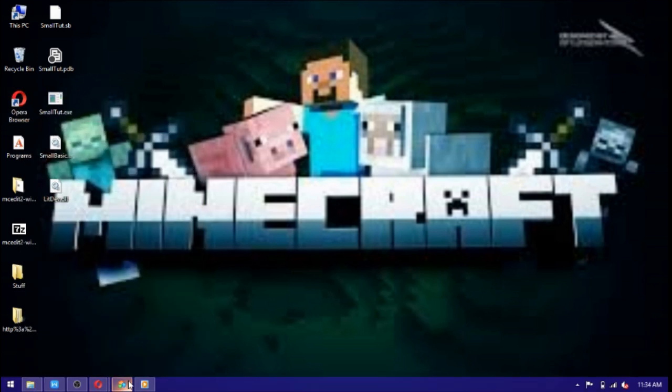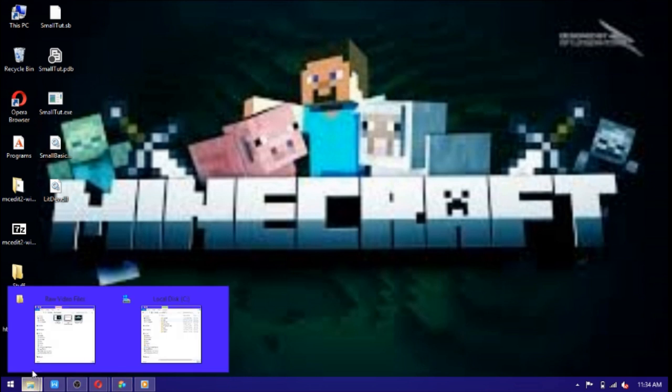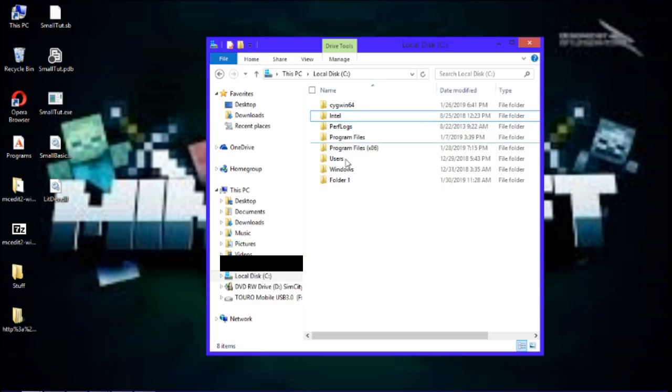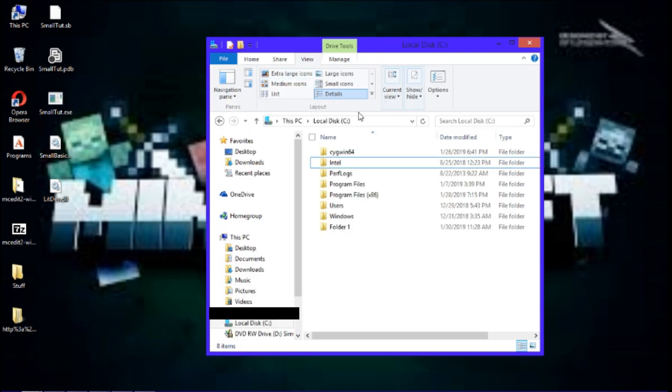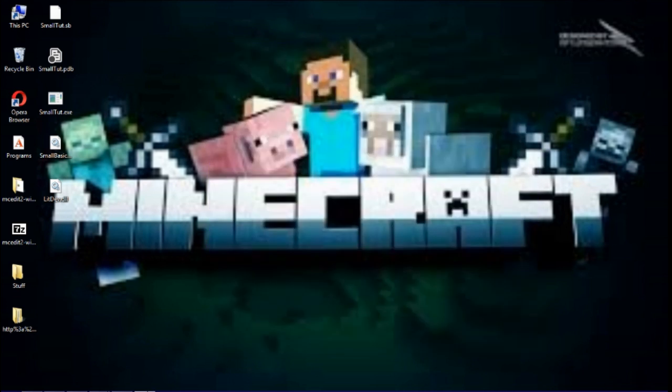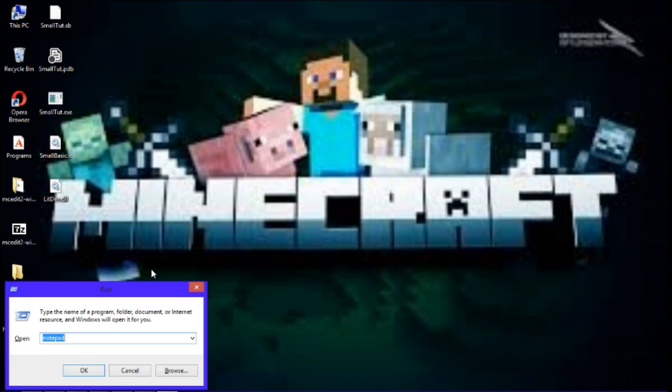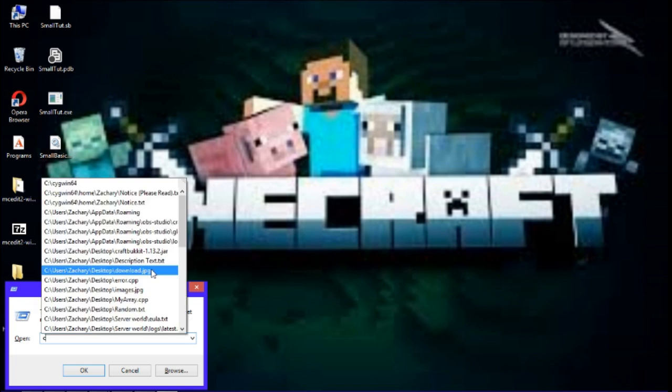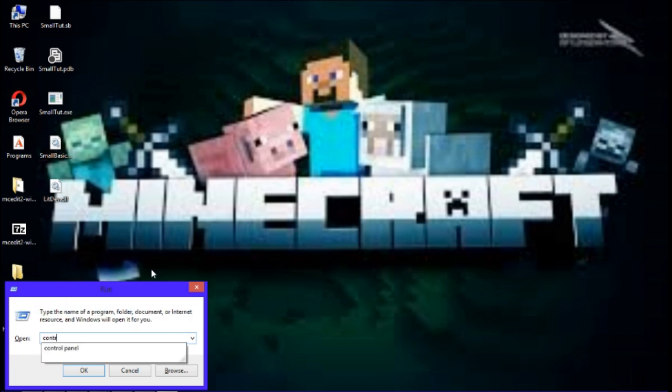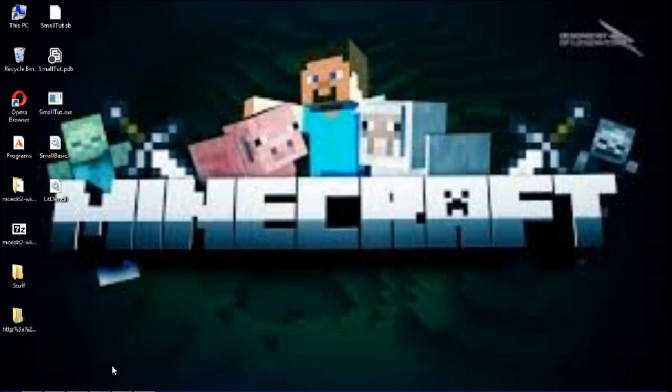To enable those, there's two ways. I'll show you both. The first thing you're going to need to do is go in here, and if you're on Windows 8, you just go View, and you go Show/Hide, and you go File Name Extensions. Or, on any computer, any operating system, you hold the Windows button and R, and you go Control Panel. Or you can go in the search and Start menu and search for it, but this is the way I do it, okay? You go Control Panel,